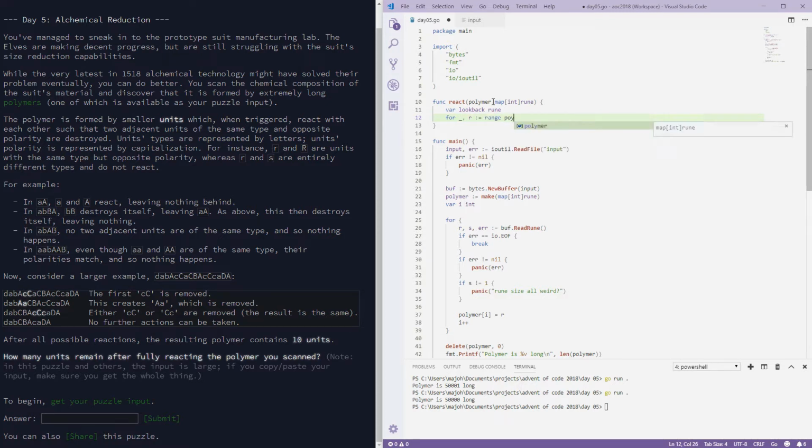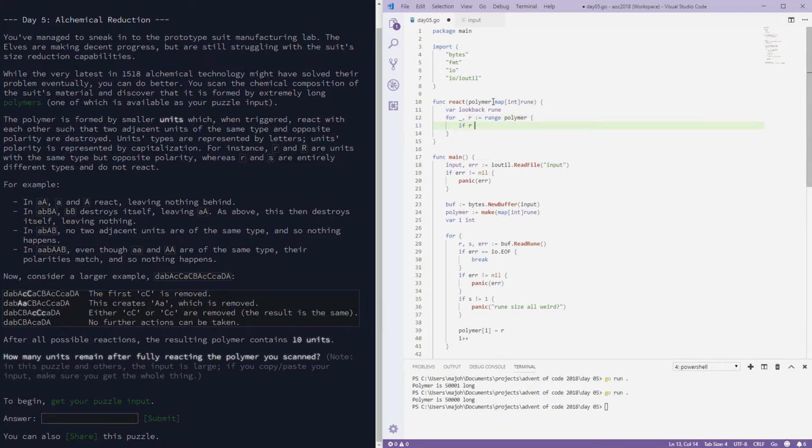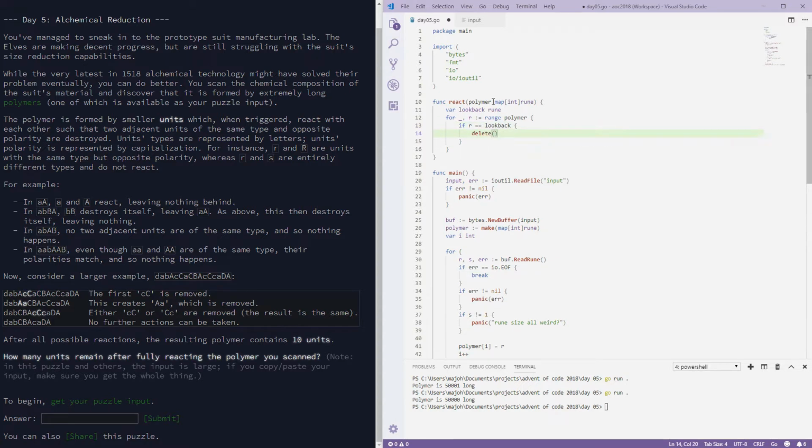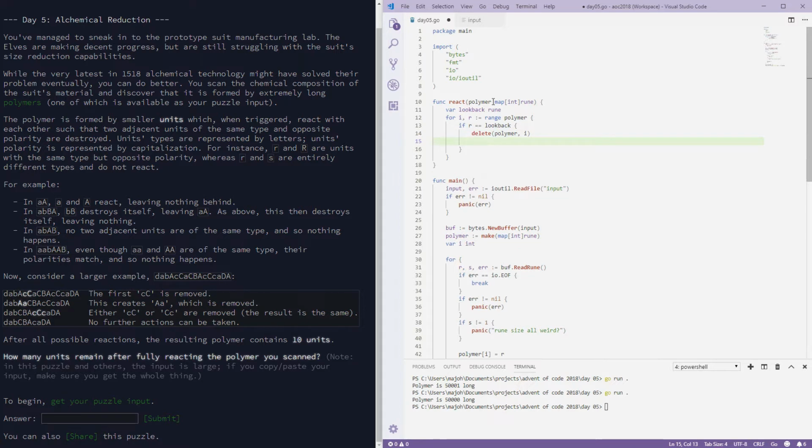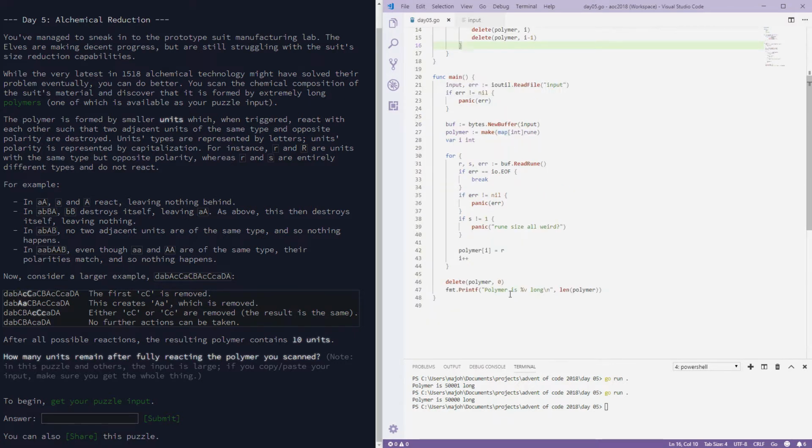If R equals the look back, then they both get deleted. I wonder if there is an issue deleting in the loop. So that would break on the first one. So we need to fix that later, but for now, let's do